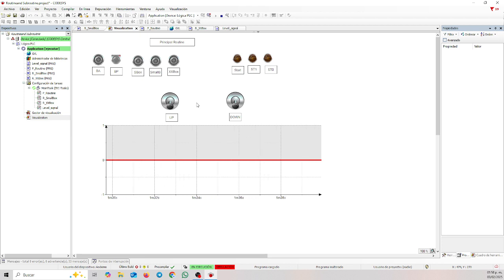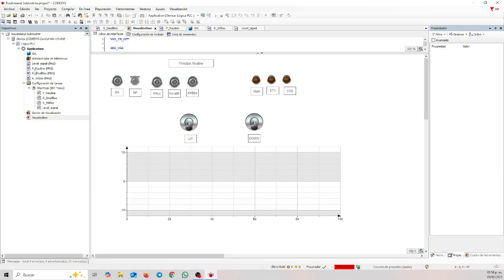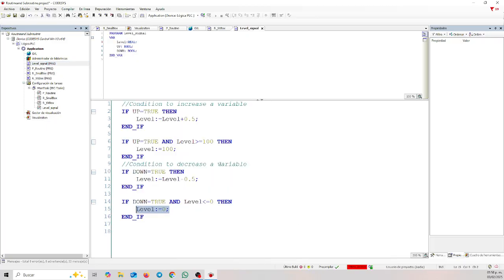They could be another type of program where if I turn off the up, the signal increases. If I turn it on, it's going to make a different routine. Let's check that part, if I am able to make it, to show you how to control the level and if it's working. So this one, if up in this part